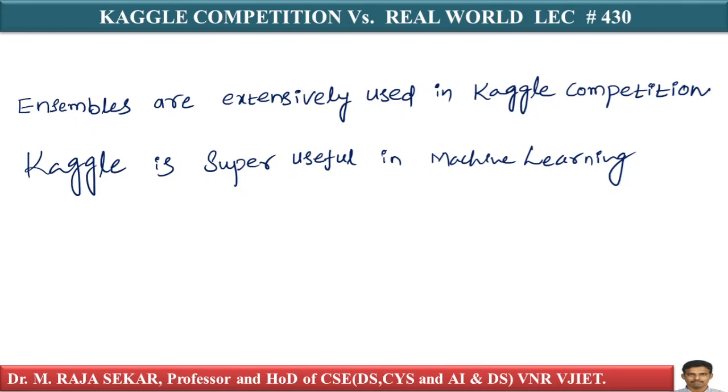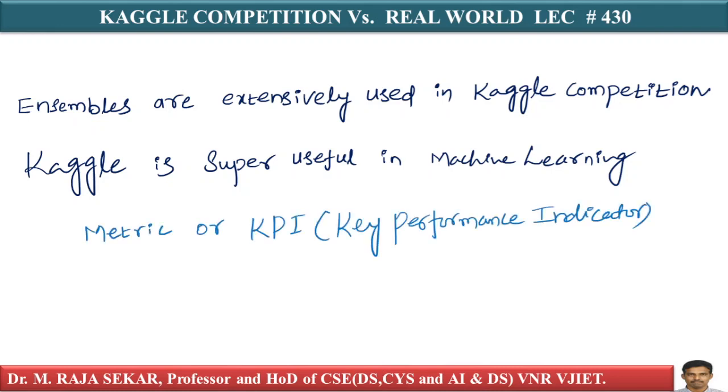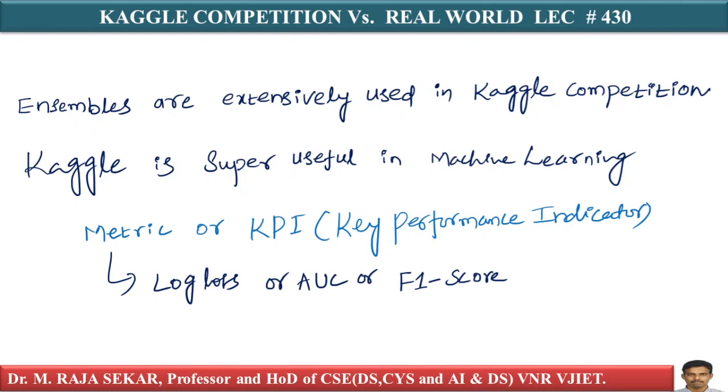So first thing, any competition on Kaggle typically cares about one metric, or one KPI. What is KPI? Key performance indicator. This metric could be log loss, AUC or F1 score, depending on the problem, of course. They typically care about only one metric, and they will try to optimize this one metric